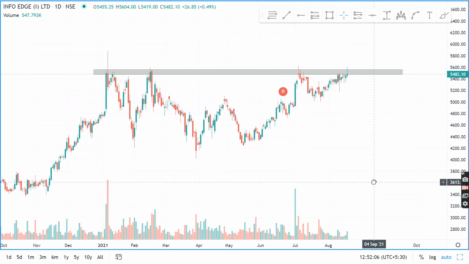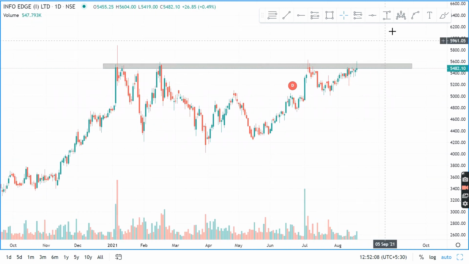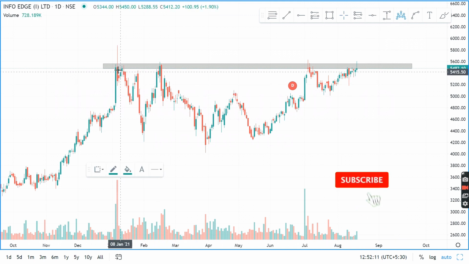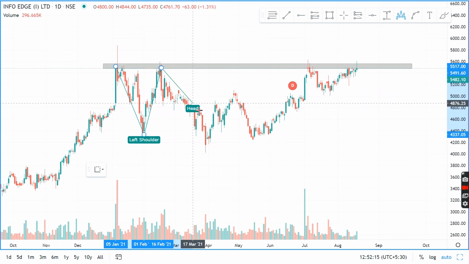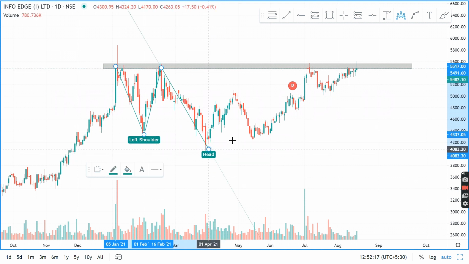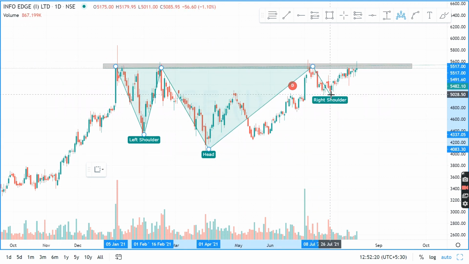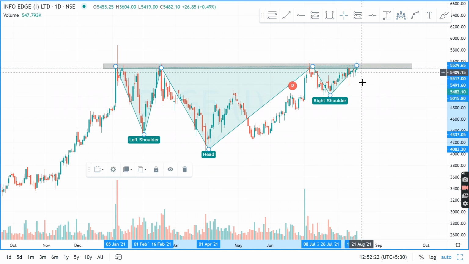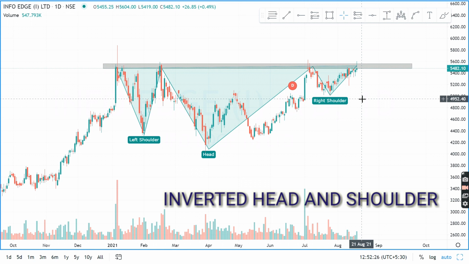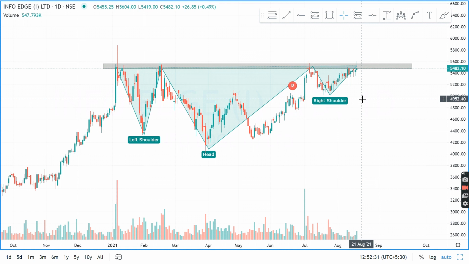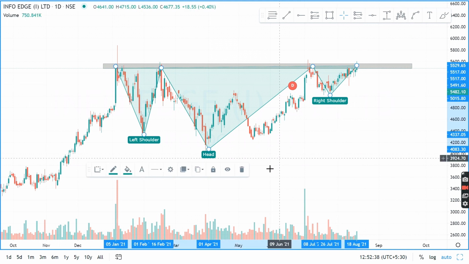And if we talk about the pattern which the stock is forming over here, it is an inverted head and shoulder pattern, guys. If I draw, this is the left shoulder, this can be considered as the head, and this can be considered as the right shoulder. So this is an inverted head and shoulder pattern which Info Edge has formed, and the probability of an inverted head and shoulder going up is quite high, as it is a bullish pattern, and here it is standing at the